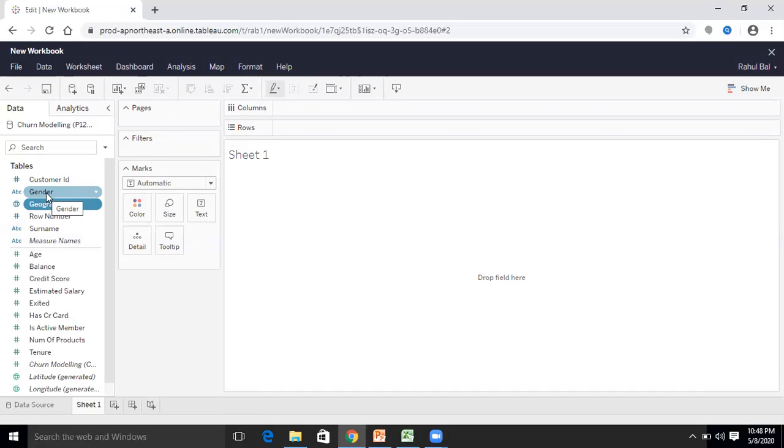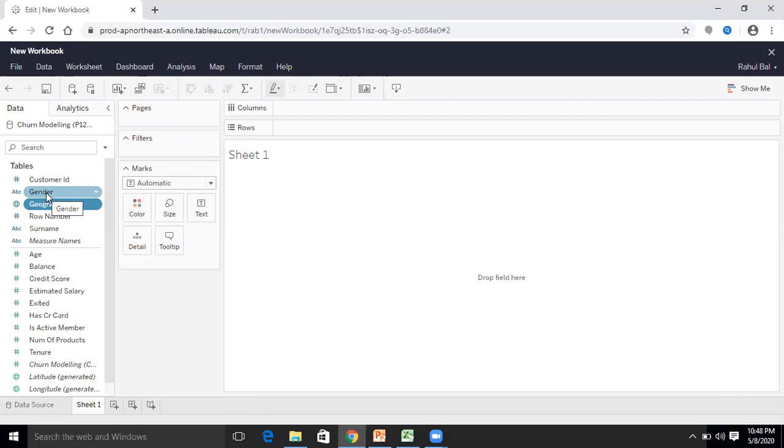It means I have to divide my data in such a way that I get the categorization into two parts, male and female, with respect to their country and their number of products.